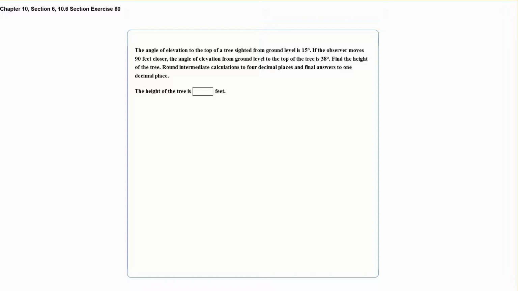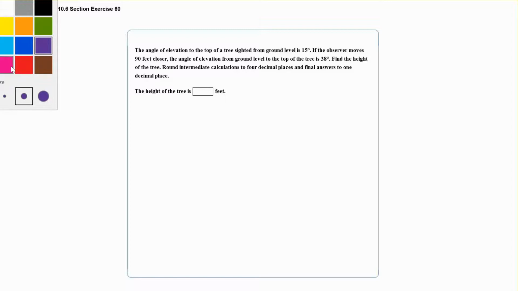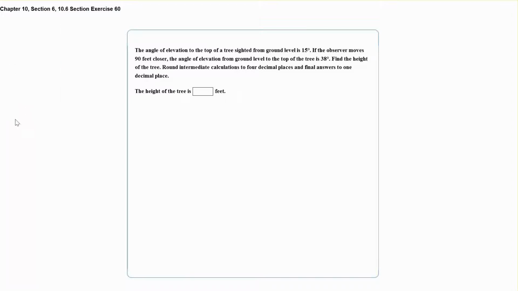Here is a trigonometry question related to an angle of elevation. So here we want to draw a diagram to help us out with the situation. They say that the angle of elevation to the top of a tree sighted from ground level is 15 degrees. So my figure would have a right triangle in it,